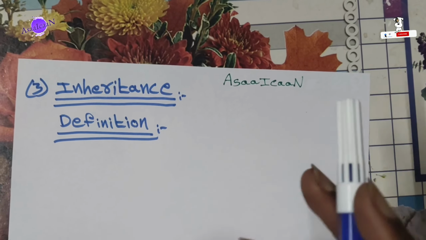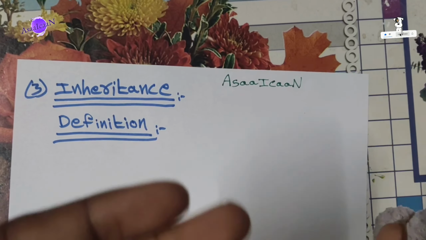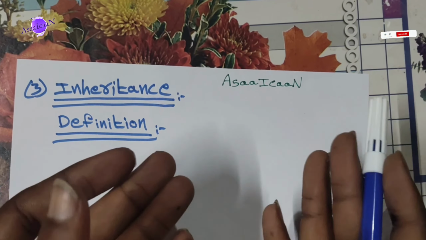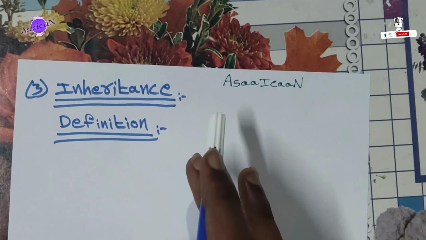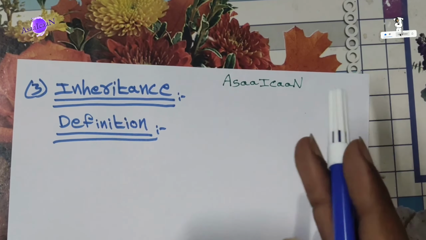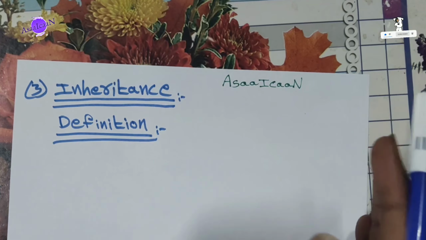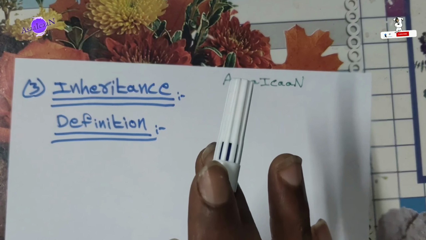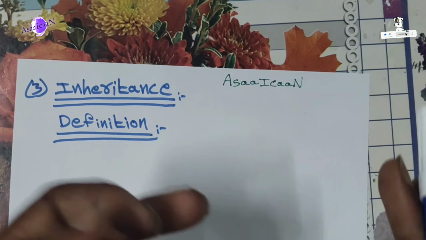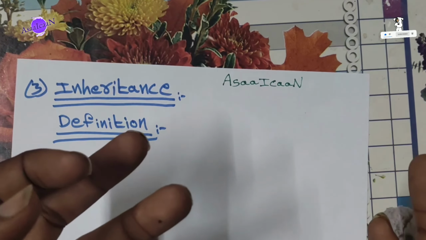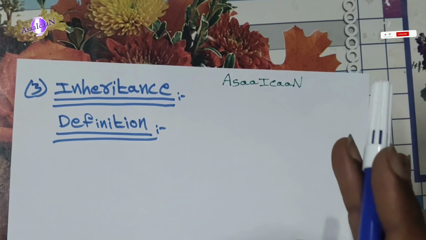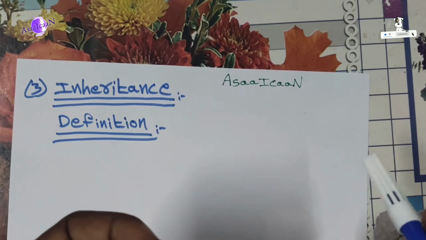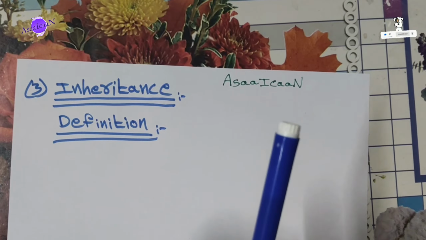So what is inheritance? It means one class can use the properties and methods of another class. This helps programmers reuse code instead of writing the same code again and again. In simple words,